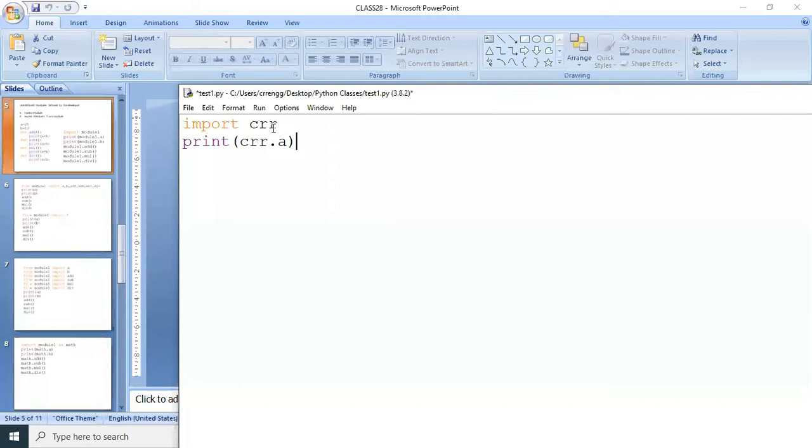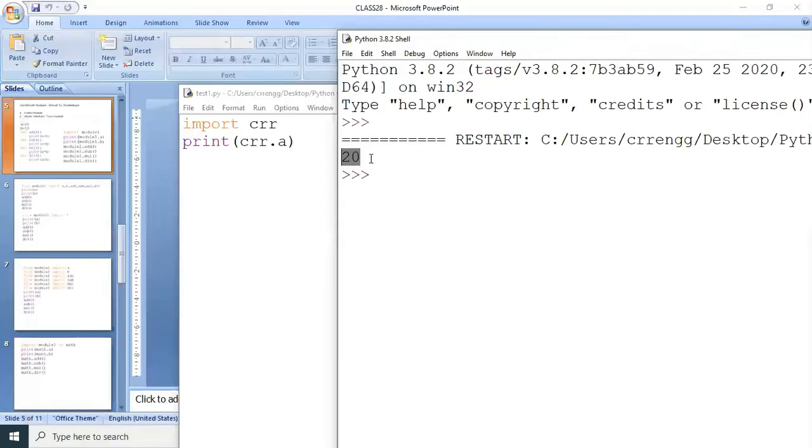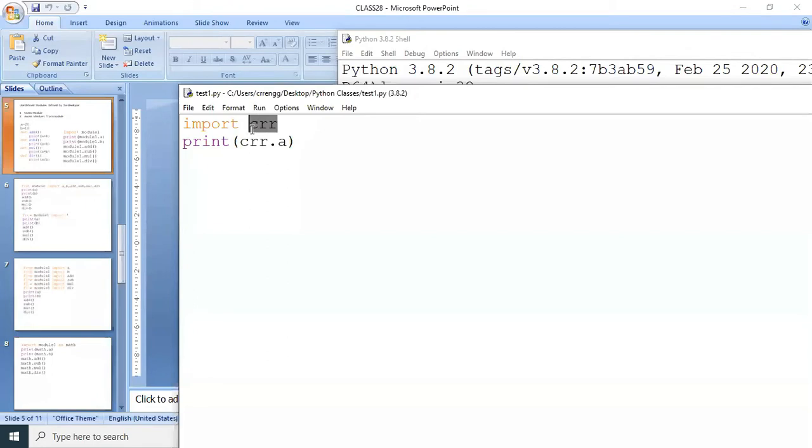What is the a value? If I execute this, you observe that it prints 20. The 20 is the value of a defined in the CRR module.